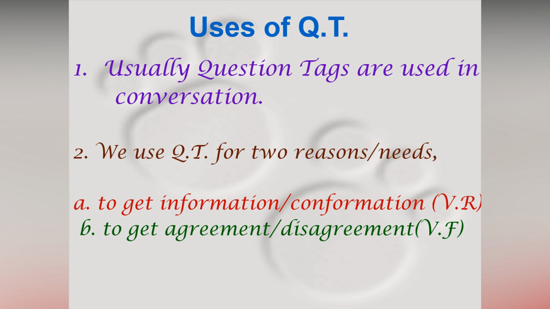I'm downing my voice. My voice is falling. So you are indirectly agreeing that yes, he is. Yes, he is. Is your dad at home? Your dad is at home, isn't he? I'm raising my voice. Yes, he is. Falling my tone. You can observe this. So generally we use question tags in this way, right?